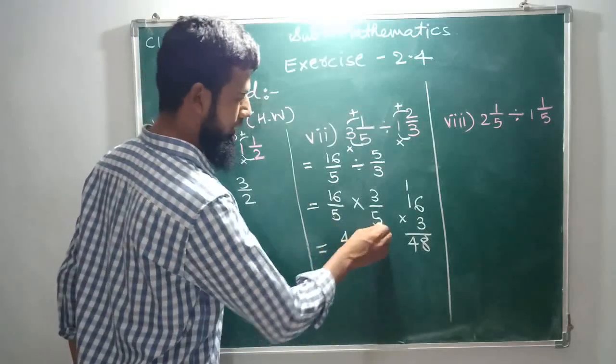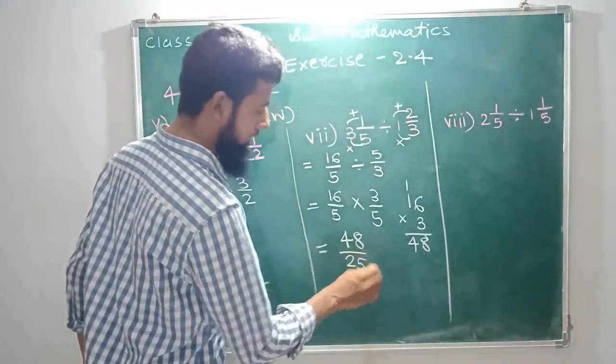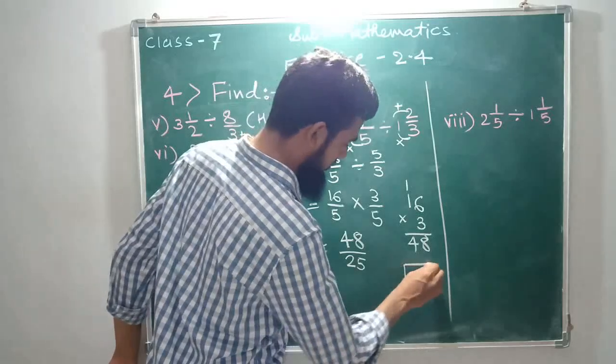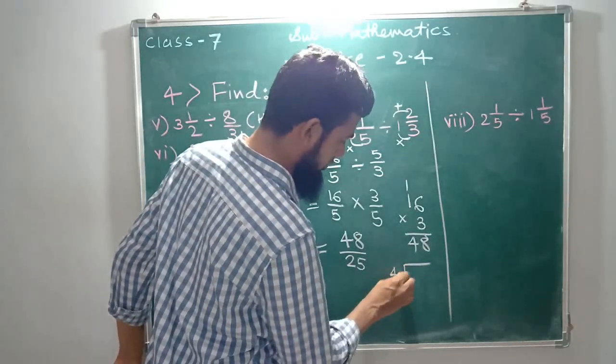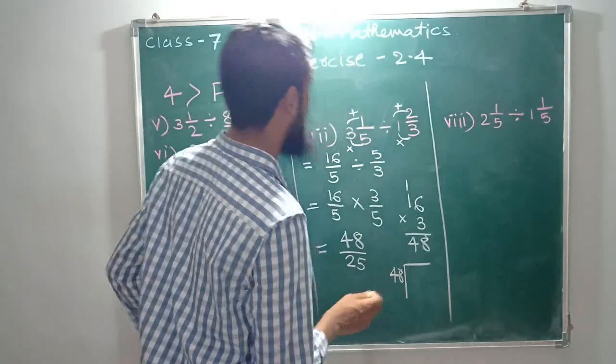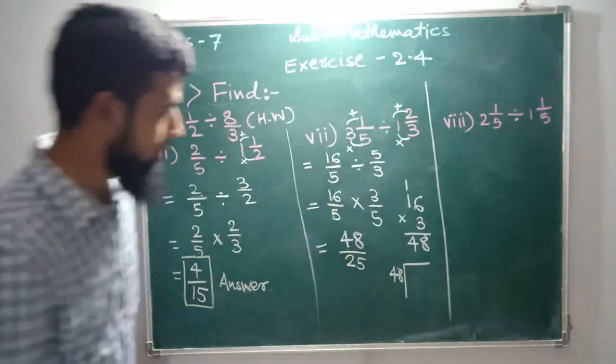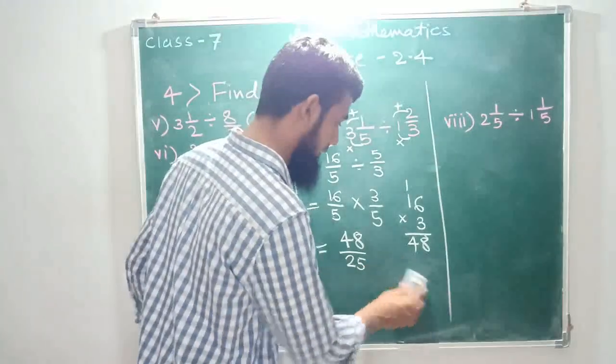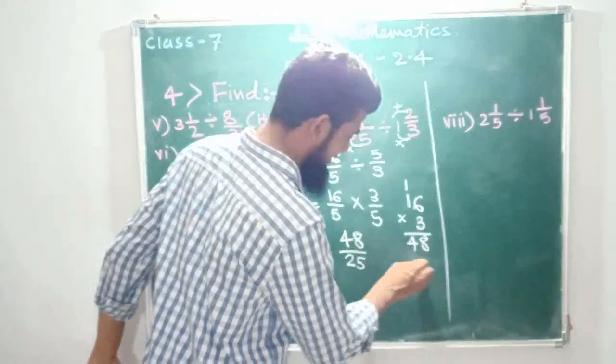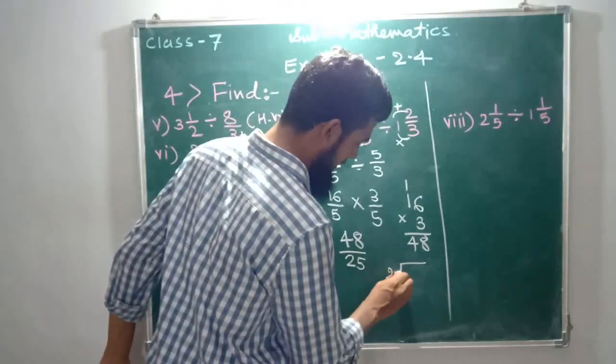Okay, 5 5 ja 25. Understood? So here 40, sorry, my mistake, I have written here. Okay, actually 25,